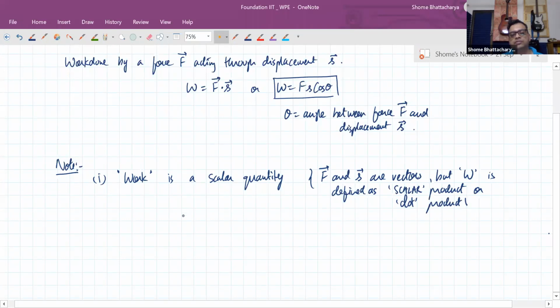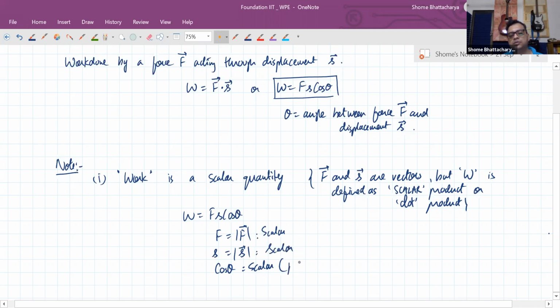Because when we define W as F S cos theta, here F is the magnitude of the force, S is the magnitude of the displacement, and cos theta is also a scalar. Cos theta is just a number actually. The magnitude of a vector is a scalar. Cos theta is a pure number, like half, or 1 by root 2 or something like that. So work done is a scalar quantity, and of course,